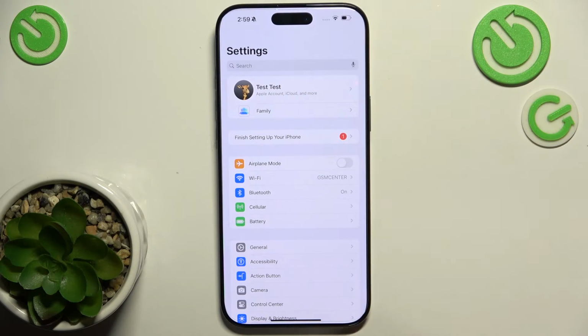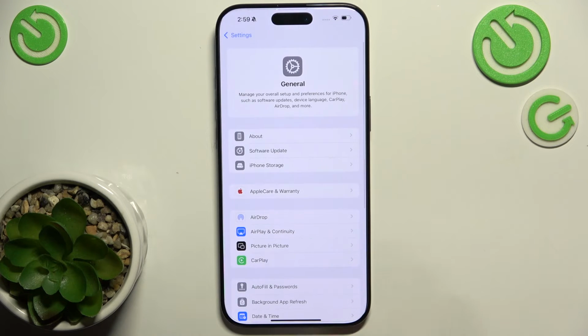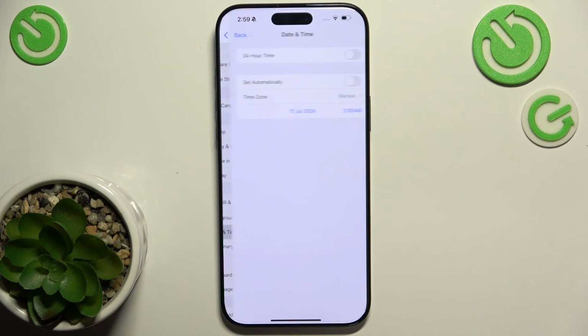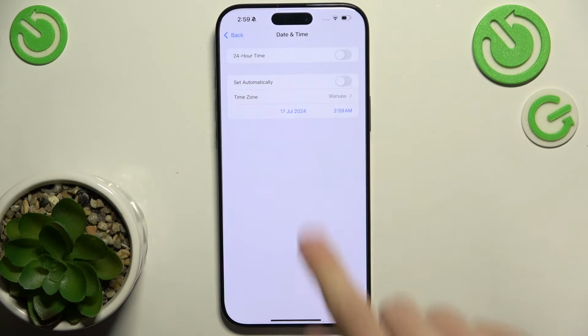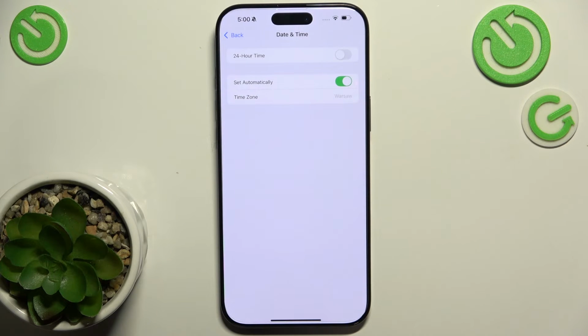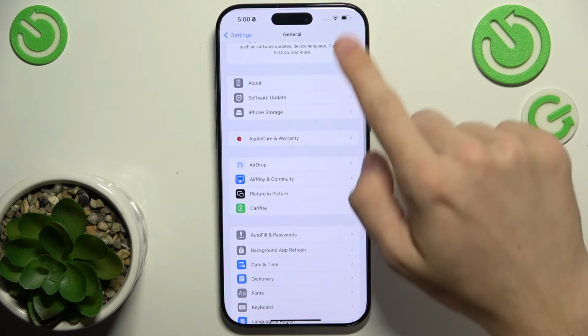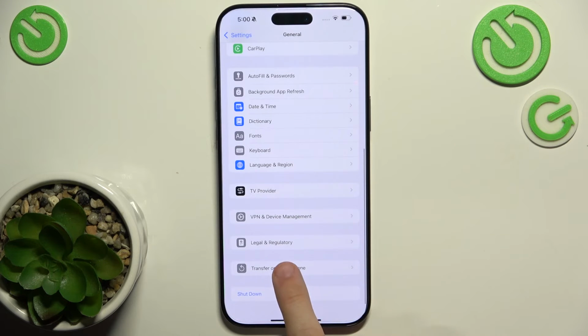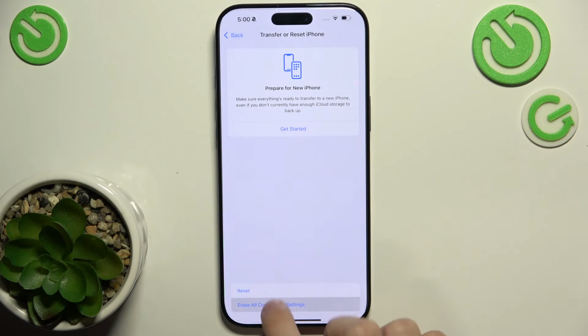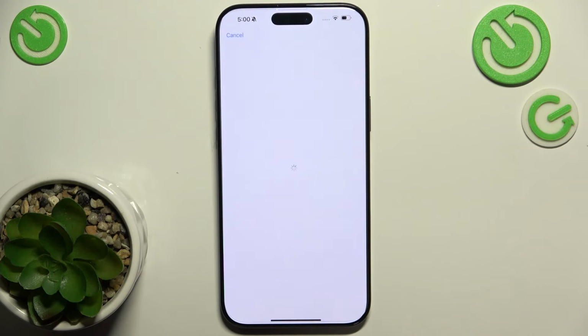So to fix this issue, go to General, then Date and Time, and now Enable Set Automatically. This will set the date and time automatically based on your location. And now when you go back to General, Transfer or Reset iPhone, erase all content and settings,